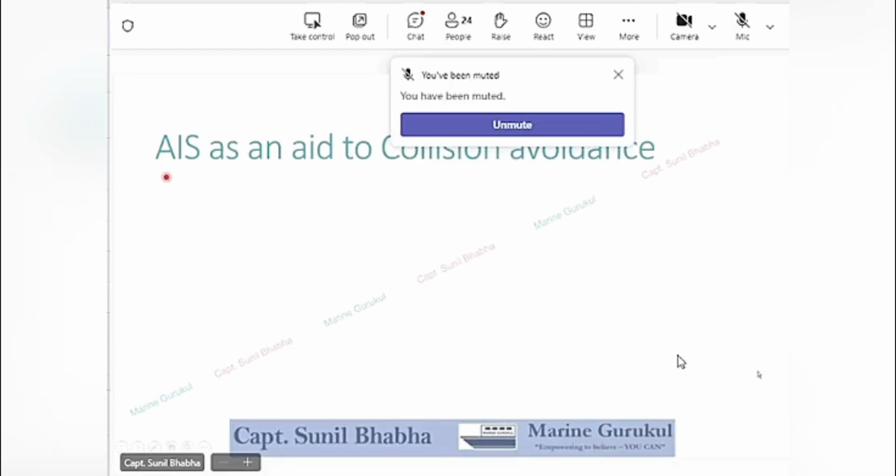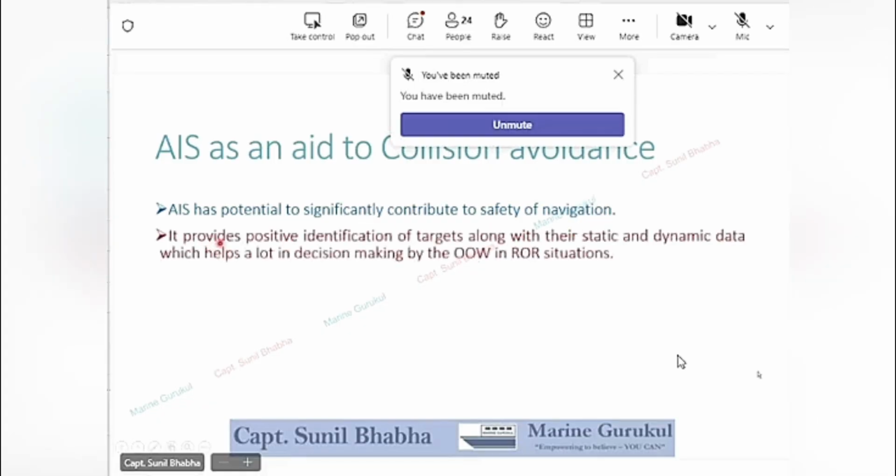Now moving on to the third usage of AIS: AIS as an aid to collision avoidance. AIS has the potential to significantly contribute to safety of navigation. It provides positive identification of targets, along with their static and dynamic data, which helps a lot in decision making by the OOW in ROR situations.